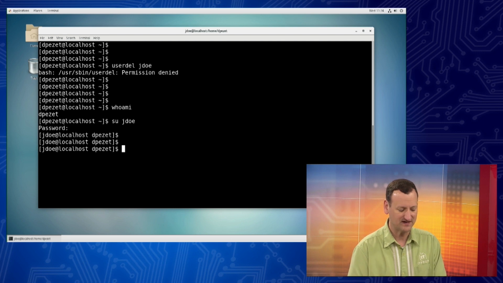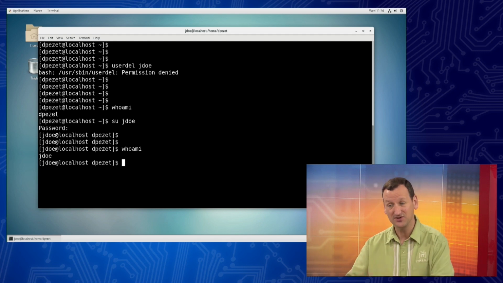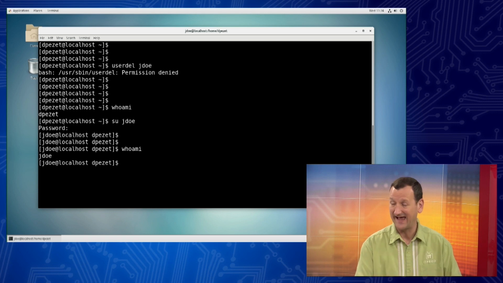But I'll type in John's password, and notice my command prompt changed. It said dpizzette before, now it says jdoe. And if I type whoami, I'm jdoe. I just substituted my user context for John Doe's user context. Now I'm operating as John or Joe or whatever his name is. And so I'm in here and I'm working, I'm doing whatever it is that I need to do, manipulating his files or whatever. And when I'm done, I can just type exit